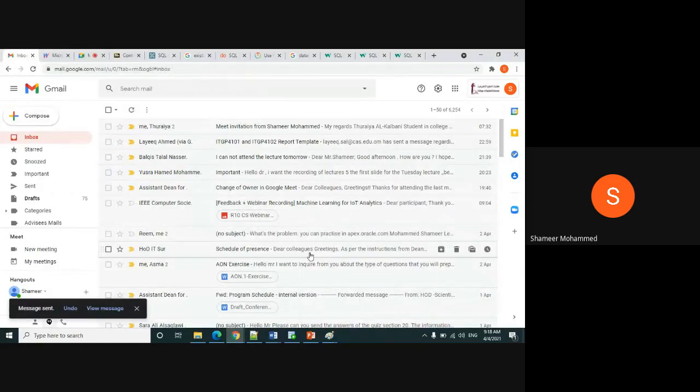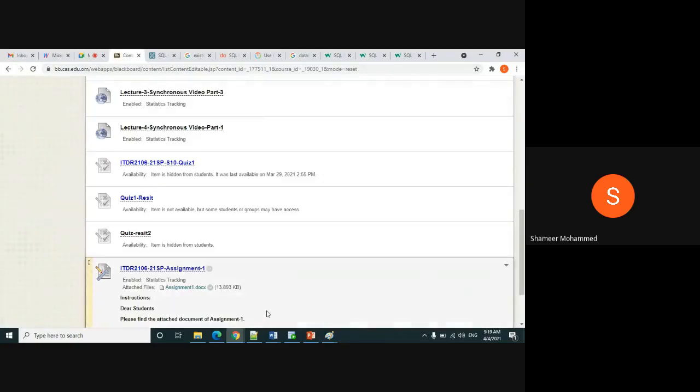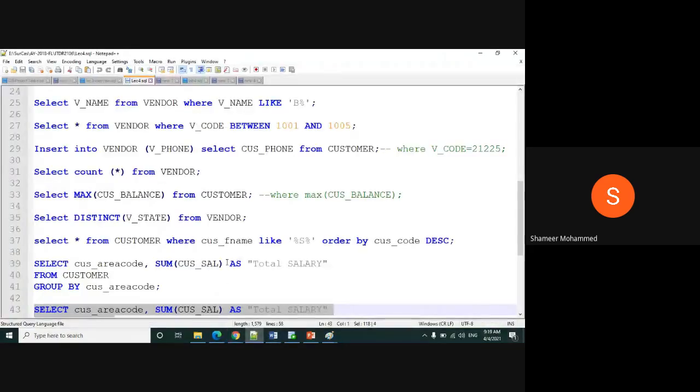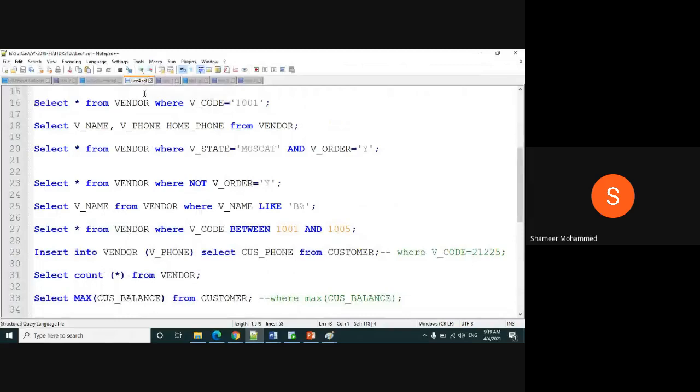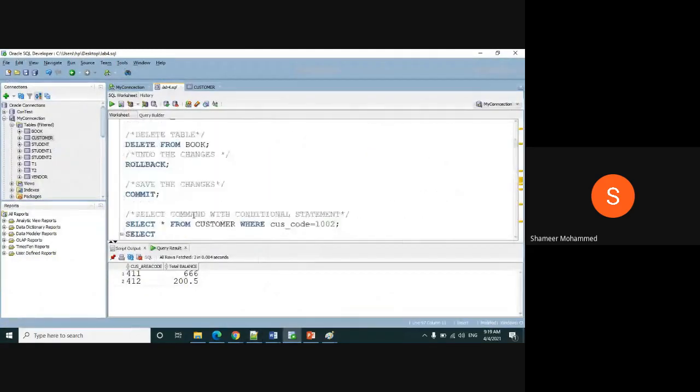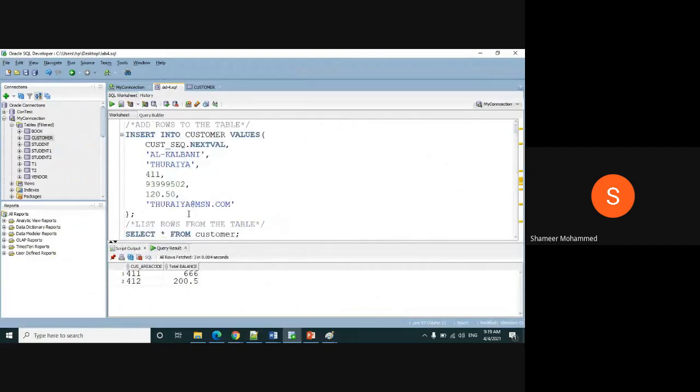See, I have sent you the assignment. You have to submit the assignment. Like here, I have told you this date. So what you have to do, you have to write the commands like this and save the file in the form of .sql. So when you write the commands here, run the command successfully, save that file in the form